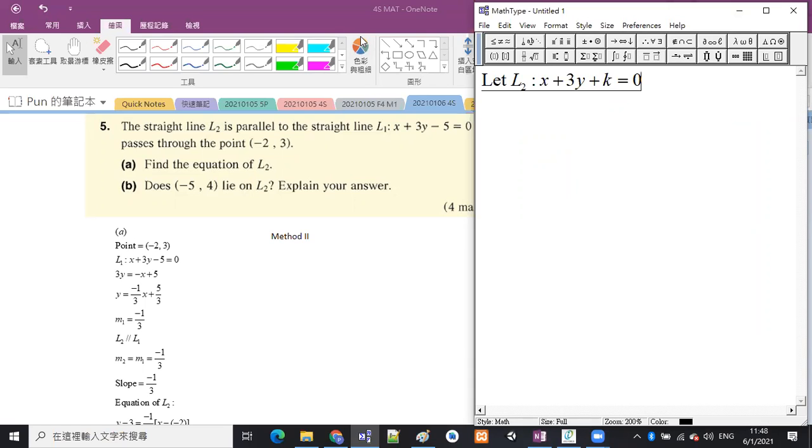由於佢係 parallel 嘅話，佢嘅 x 同埋 y 嘅 coefficients 嘅比例都係一樣嘅，都係 x 加 3y，不過我哋可以加 k 係 0，即係個 constant term 係唔同嘅。Let the equation of L2 be x plus 3y plus k equals 0. Can you get this? Because they are parallel, so the x terms and the y terms will have the same coefficient ratio. 陣間可能呢個變咗 2 同埋 6 都唔定，但係個比例係一樣嘅，唔一定係 1 同埋 3。如果最終係 2 同埋 6，我哋計到個 k 可能係分數，你只要乘翻走個分母就得。